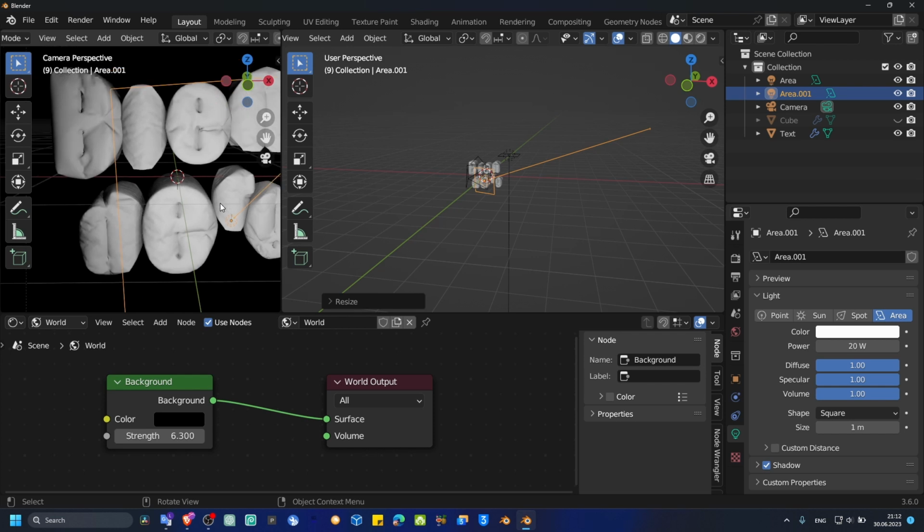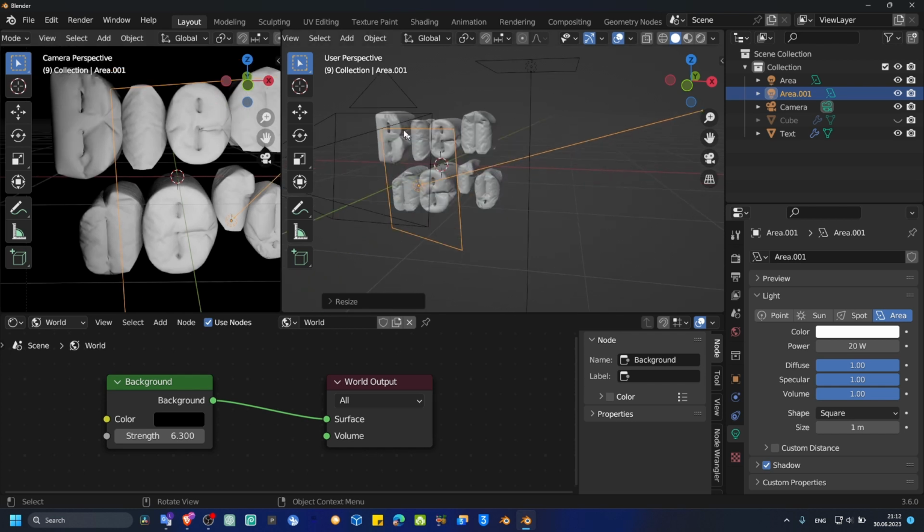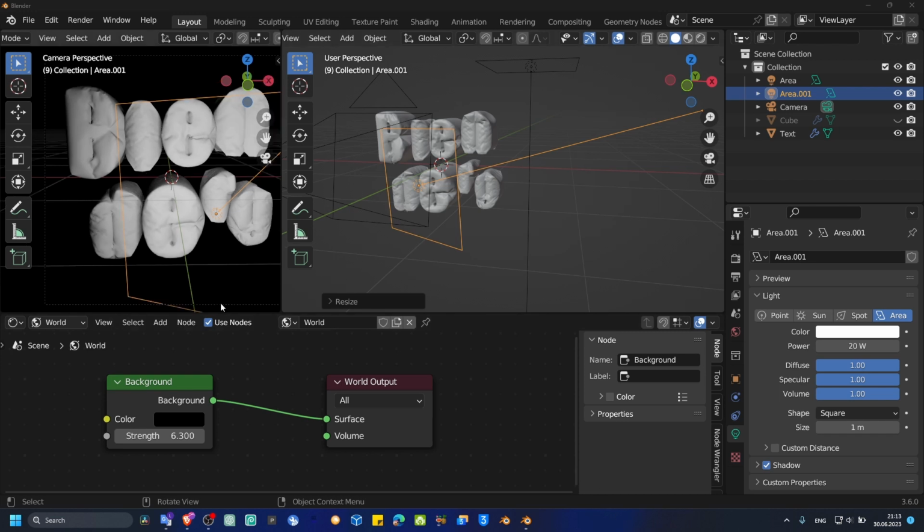But if your object, your mesh has a really high size, it's really big, you have a really huge mesh, then obviously you need to change the power here. Make sure you check if you have the right power for your mesh, if your mesh is huge. So if it has, make sure you change. And now